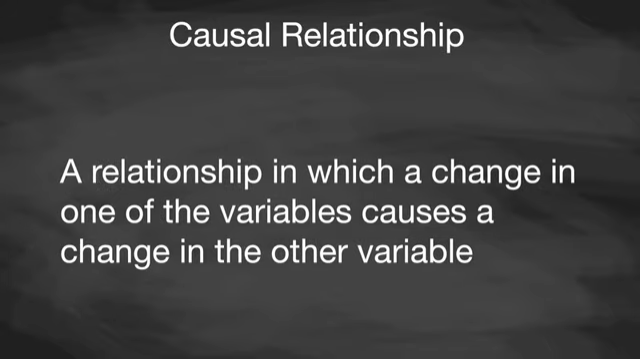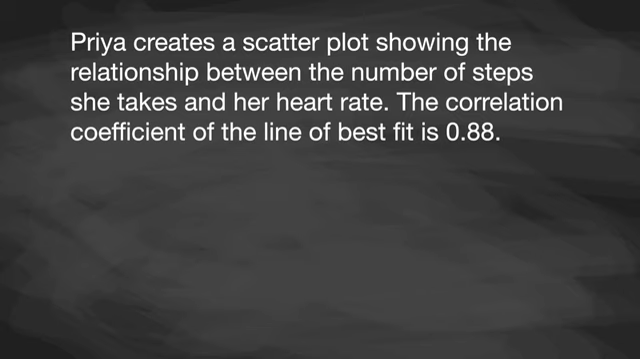A causal relationship is one in which a change in one of the variables causes a change in the other variable. Let's look at some examples of different relationships and determine how strongly they are correlated and if they have causal relationships. Priya creates a scatter plot showing the relationship between the number of steps she takes and her heart